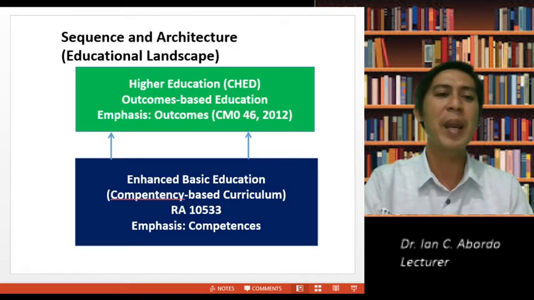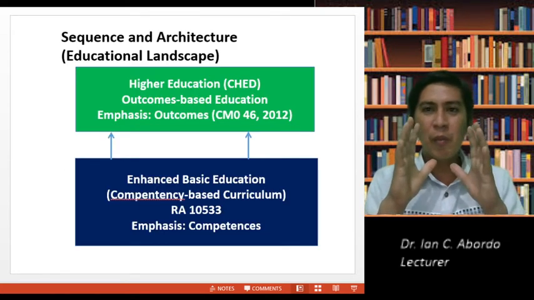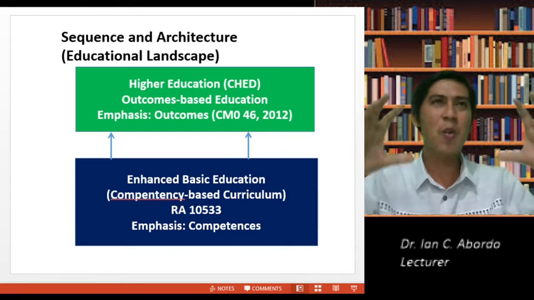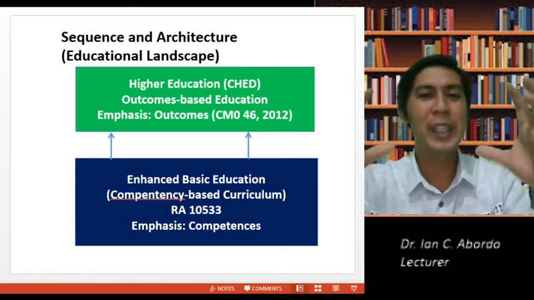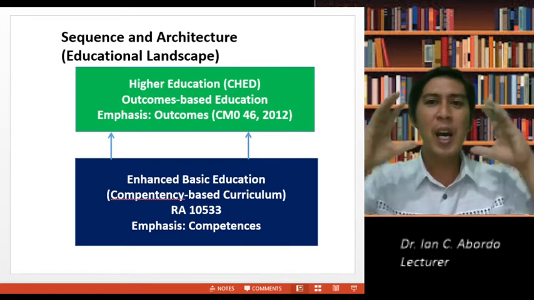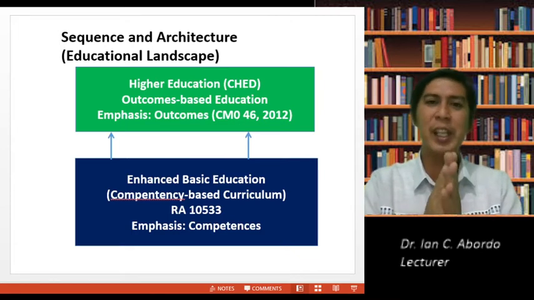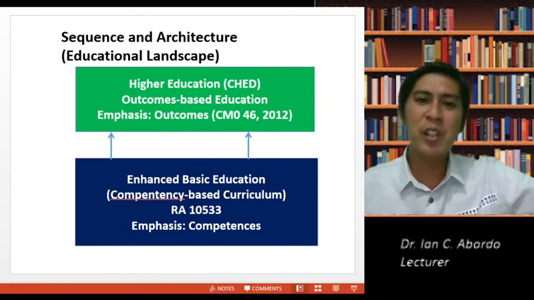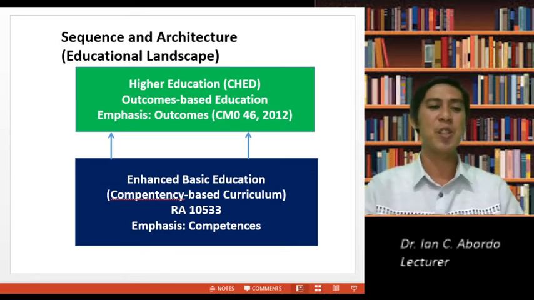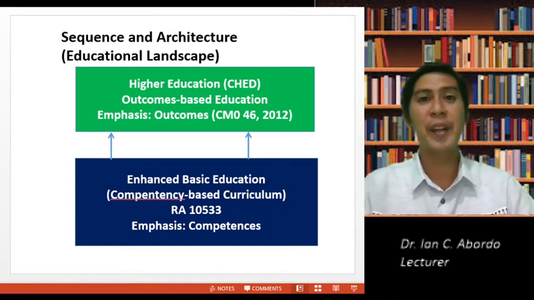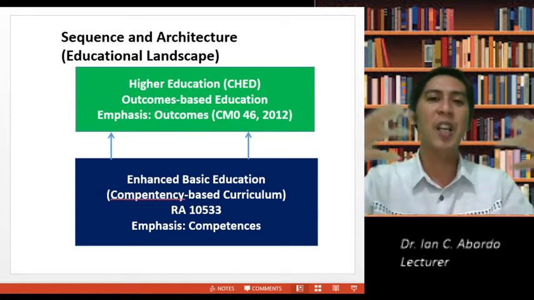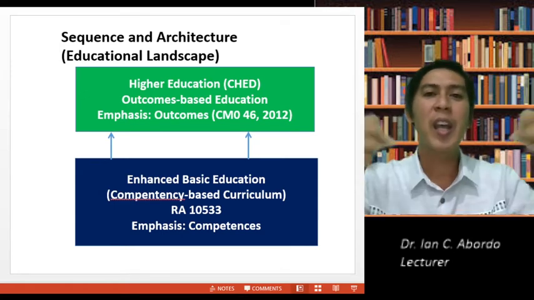In fact, during the pandemic, the government has adjusted the competencies. Now you are operating on the most essential learning competencies, the MELCs. This tells us that we are interested in competencies. We are developing competencies among our students. This is the result of an analysis, the result of research that our graduates are not competent. They are just knowledgeable and not competent.